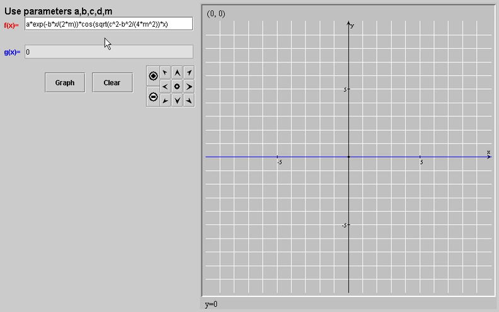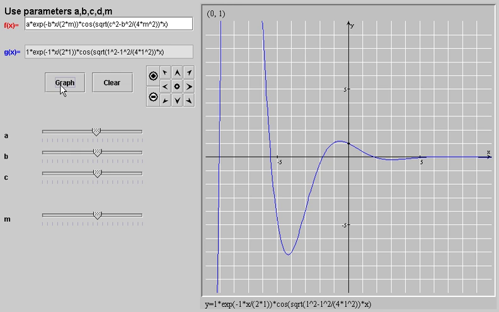Notice also the formula in the book doesn't use a C, it uses a W, but the way I set this up with the parameters, I have generic A, B, C, D, and M, so I had to use C as the parameter to get a slider to work with. So here's the graph. And sure enough, watch this thing. You're watching the motion of this over time, and it's going up and down, but then it decays away.